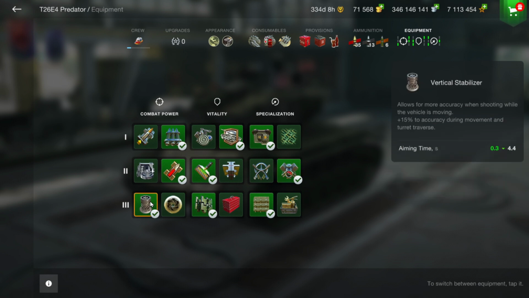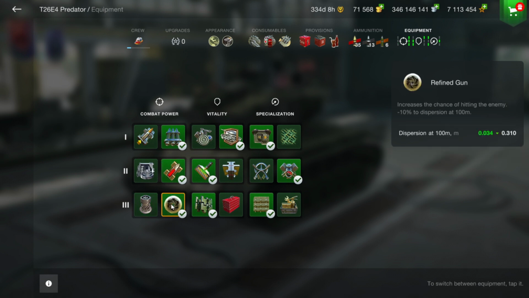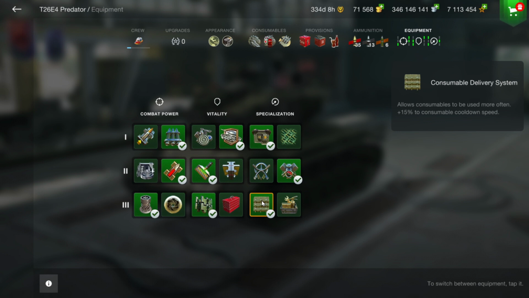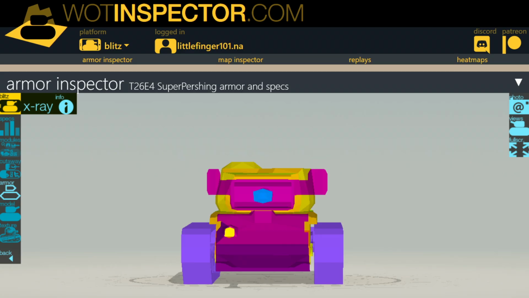Engine accelerator, vertical stabilizer, kind of helps offset choosing the supercharge. We would get that dispersion down to 0.31, but since we're a medium, quote-unquote medium tank, I like to have that vertical stabilizer. And enhanced tracks and consumable delivery system. Alright guys, this tank is worthy of looking at it, and tank inspector here,